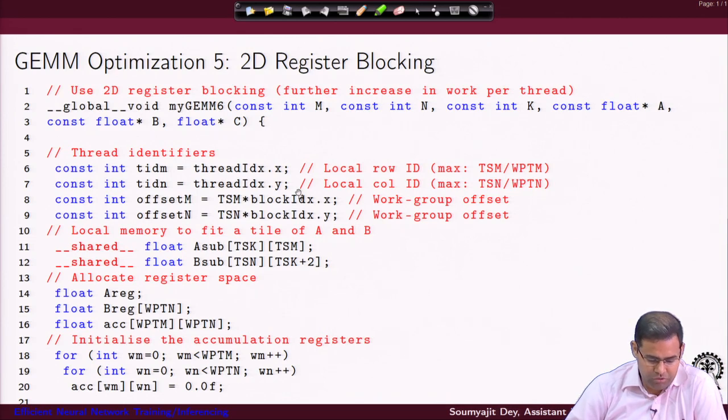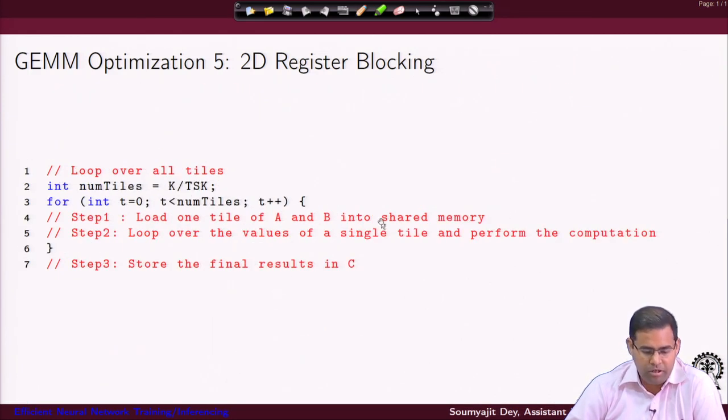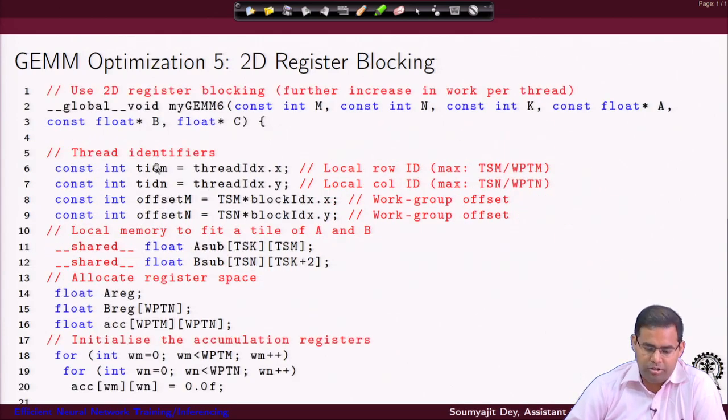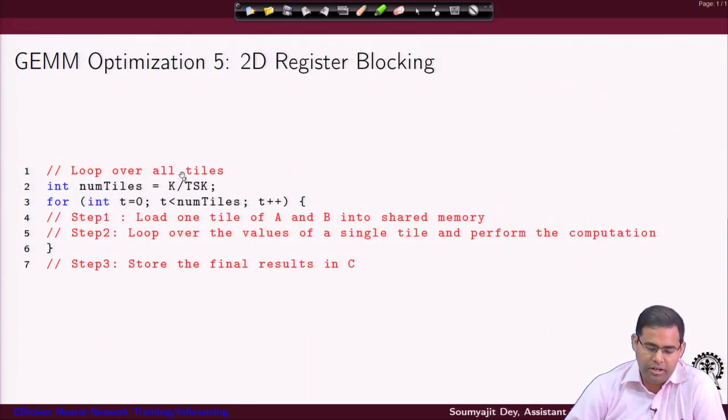So, the next thing that of course you have to do is initialize a 2D accumulation register here. Earlier it was a 1D array, but now since it is 2D register blocking, you are initializing this ACC as a 2D array with all zeros for the float values, right. But then comes the overall operation that you have to do per thread for every tile. So, this is your number of tiles, right. Overall the k, and you divide it by the TSK, that is your tile size in the k dimension. So, that is the total number of tiles you have in that k dimension over which you have to hop, right. So, this is the tile loading loop, the outer loop of the multiplications, right.